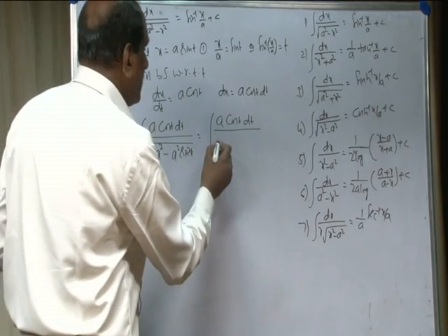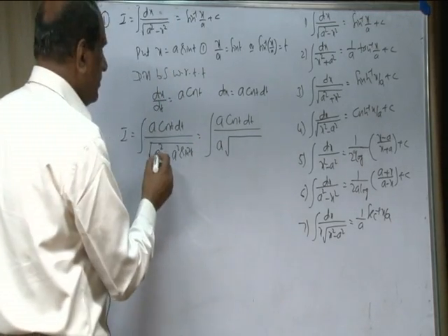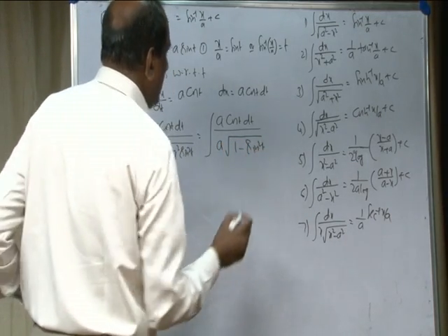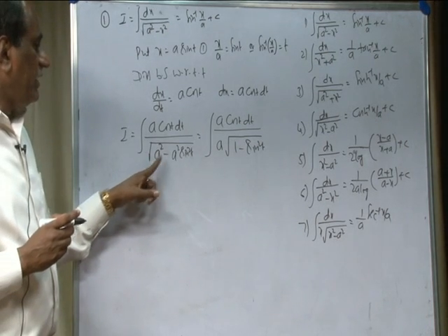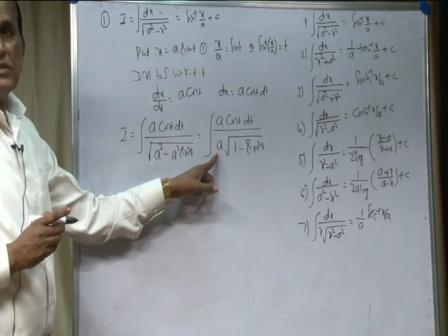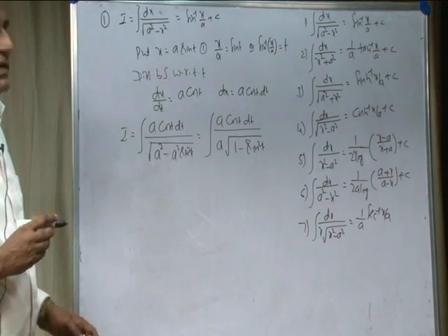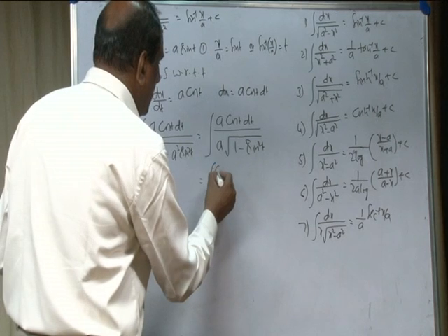So, take it outside, that becomes a. So, a into 1 minus sin square t. See here, a square is a common factor inside the root sign: a square into 1 minus sin square t. So, take a square outside the root sign, that becomes a. Inside the root sign, 1 minus sin square t is there. So, that is equal to a cos t